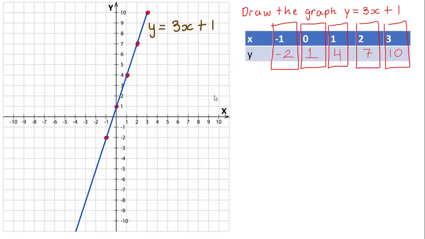Okay, if y equals 3x plus 1, for example, say x is negative 1. That's 3 times negative 1, which is negative 3, and plus 1 would equal negative 2. So we use the graph to